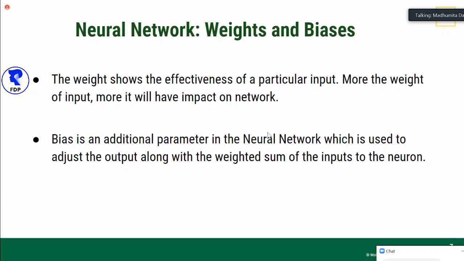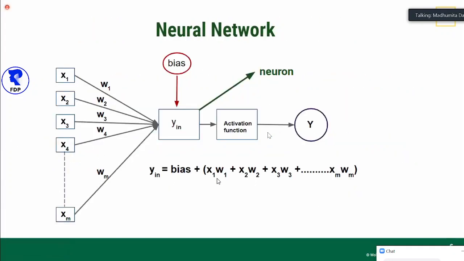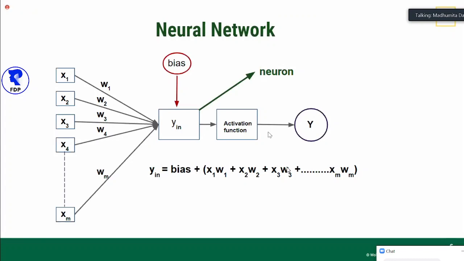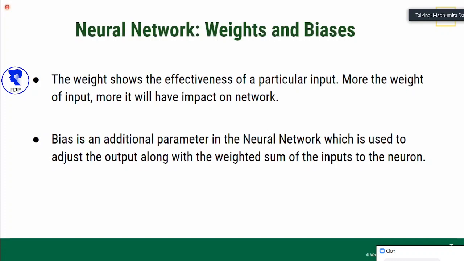If there is no bias, then the previous equation will start from zero, because this is an equation for a linear line. So all the values will start from zero. But in real life, we do not see that. For example, a classic example, housing price, the price of a house. It depends on what area it is located in, how big the house is, the square footage, what kind of material, how many bedrooms and bathrooms there are.